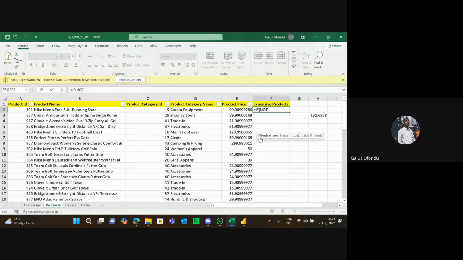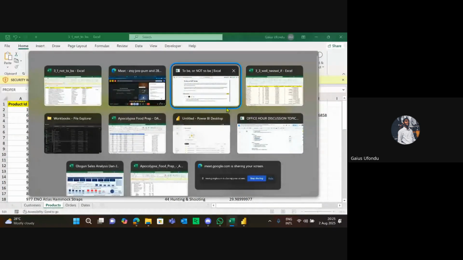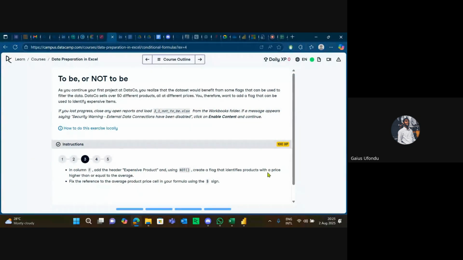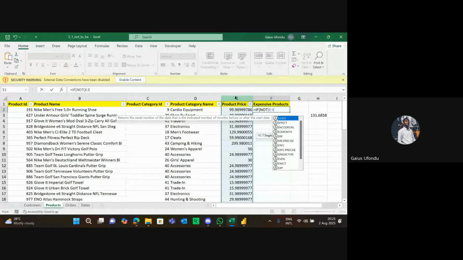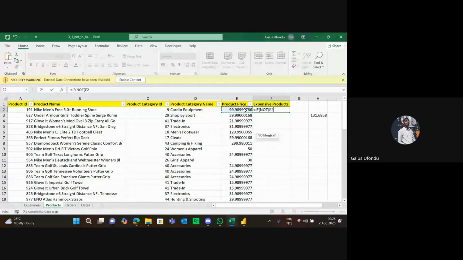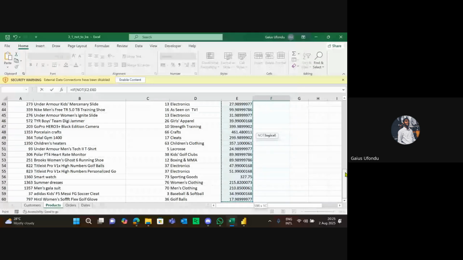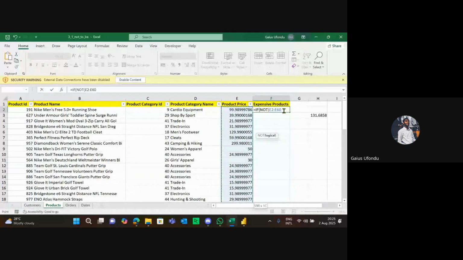Do you understand what I'm saying? So I'm saying IF NOT, what am I trying to look for? I'm trying to say if not, create a flag on product price that's higher than or equal to the average. So the product price that is higher than or equal to the average. Yes, so we use greater than or equal to. What is the average? Average, that's our